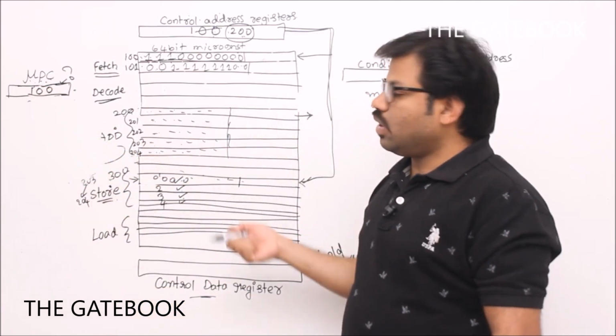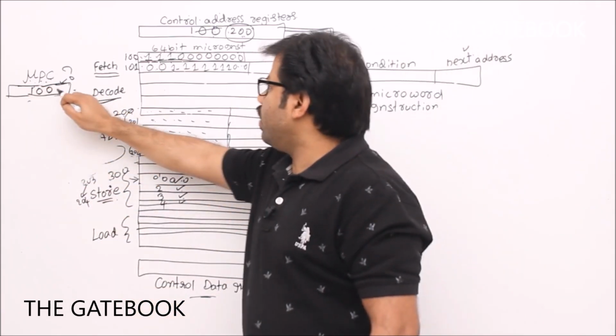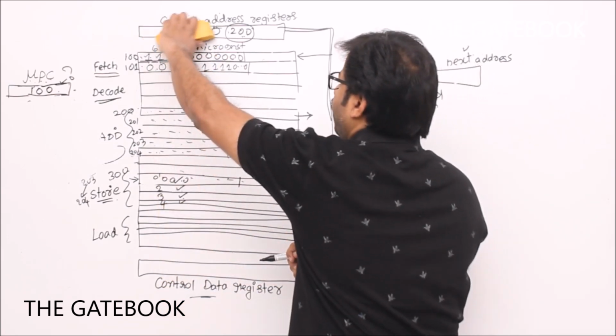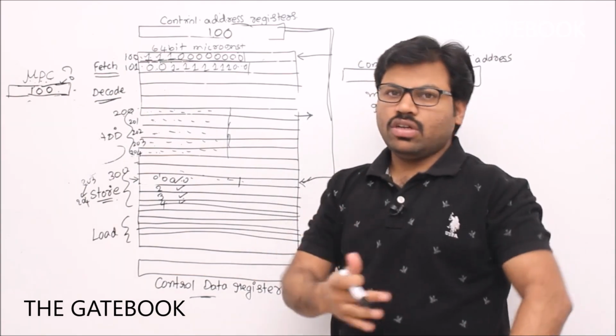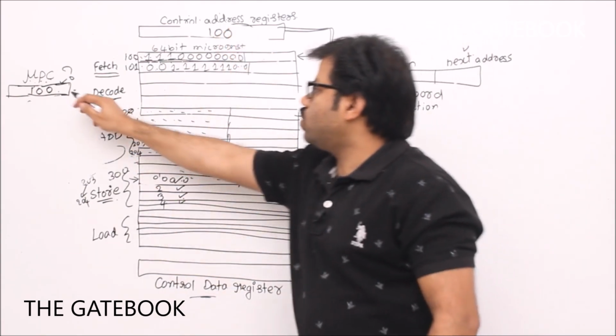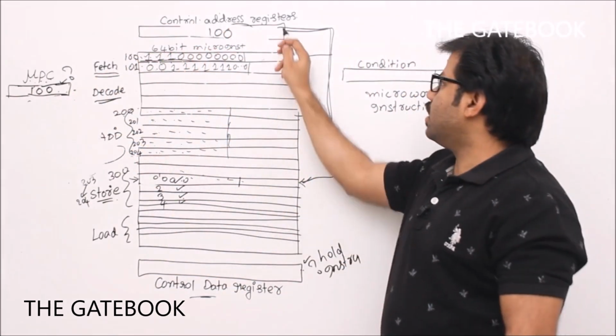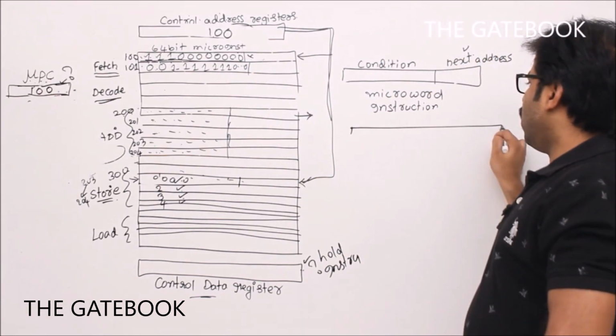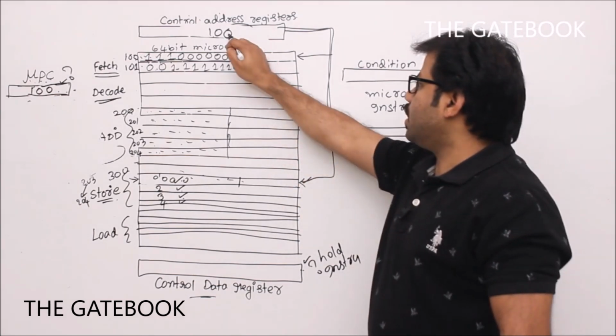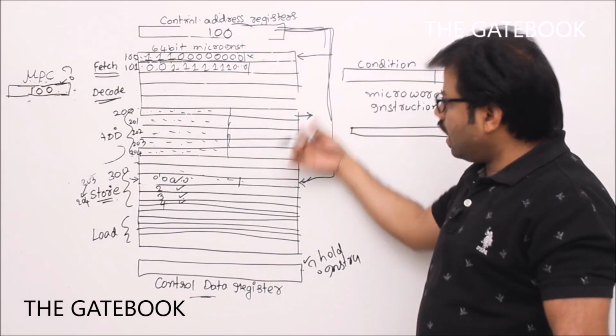Then when you want to execute the micro instructions, 100 will first be transferred like this. In such a way we have to plan the circuit. There should be an extra circuit that does it. So 100 should be moved here. Then immediately because of that, this micro word will be fetched. Correct? Now, I already told you, whenever you specify 100 here, we have to design our circuit in such a way